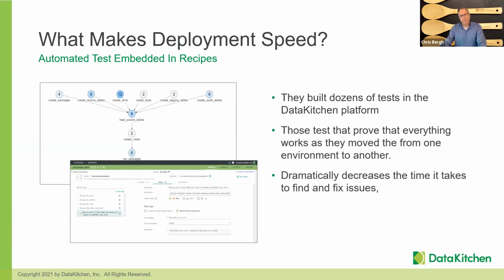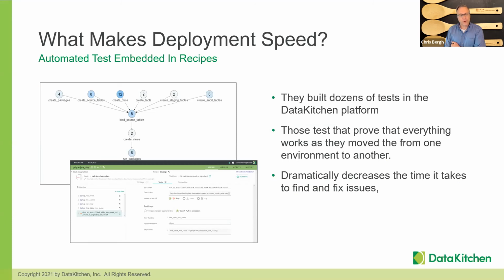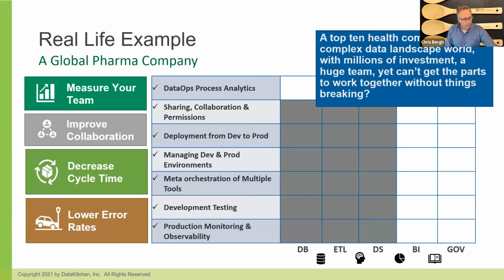And so being able to pull the pain forward and automate your regression and system test based on an accurate set of test data that's reflective of production, I think is important. And those two things alone, just conceptually, can help you make your deployment time much faster, much easier, much less error prone. And so we've got a few minutes left, and I want to talk about another case here.